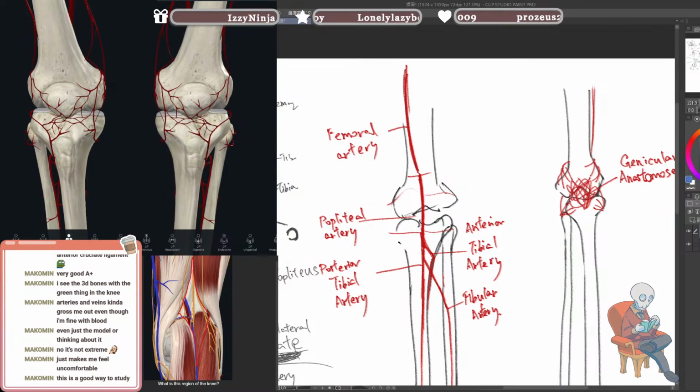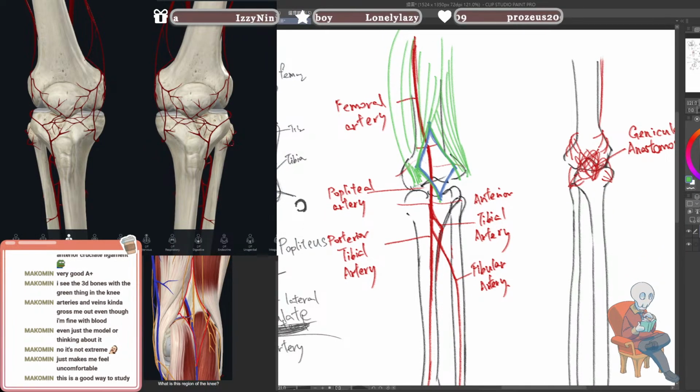The back of the knee around here is a diamond-shaped area formed by muscle, and I'll use green this time, by the biceps femoris, and also the semitendinosus, or the semimembranosus here,